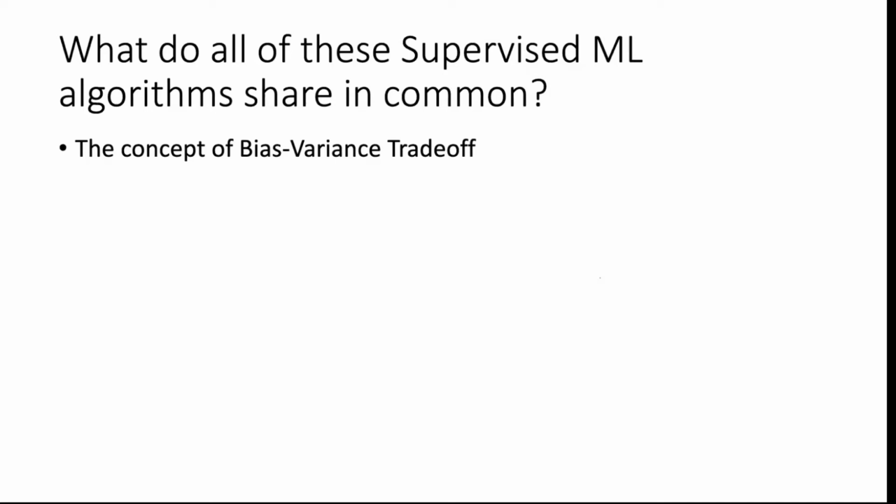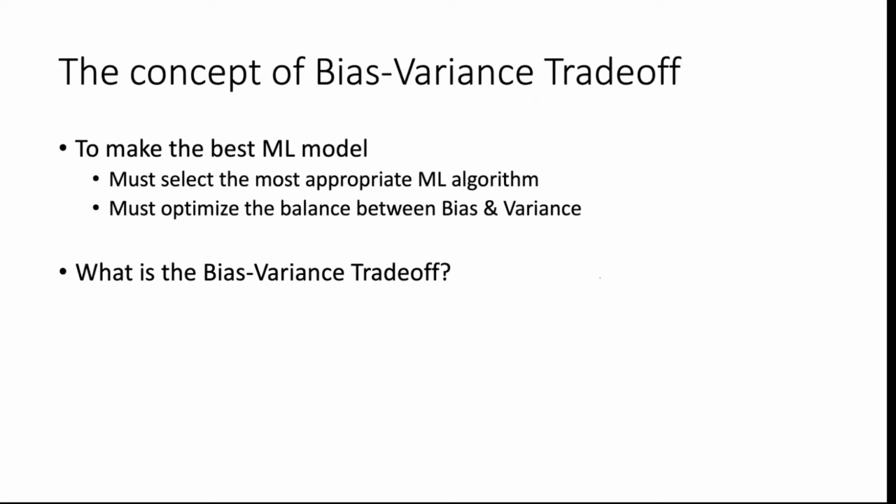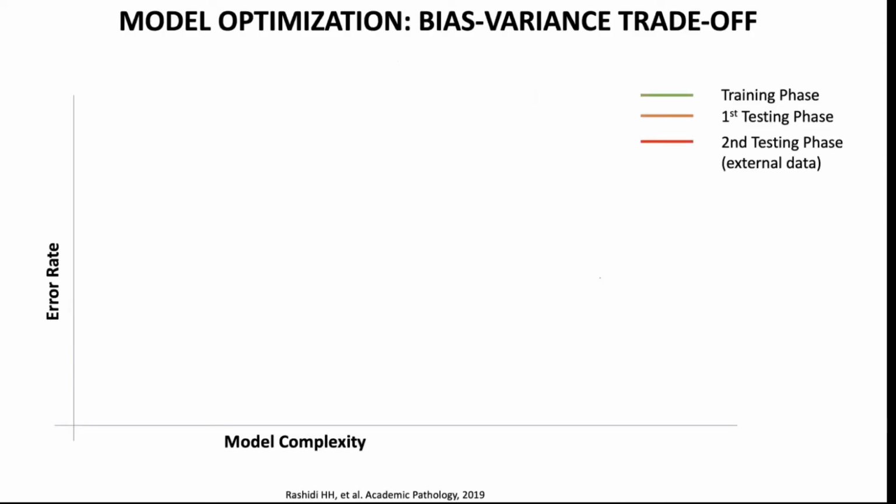So in order for you to figure out where the best model is, you have to find where the best bias-variance trade-off spot is for that model. And exactly what does that mean? Imagine that, to optimize your model, you start off training your model with this training phase. And as you train the model with model complexity, so the more connections the data makes to the target, you find out that the error drops. So you end up with a better model there.